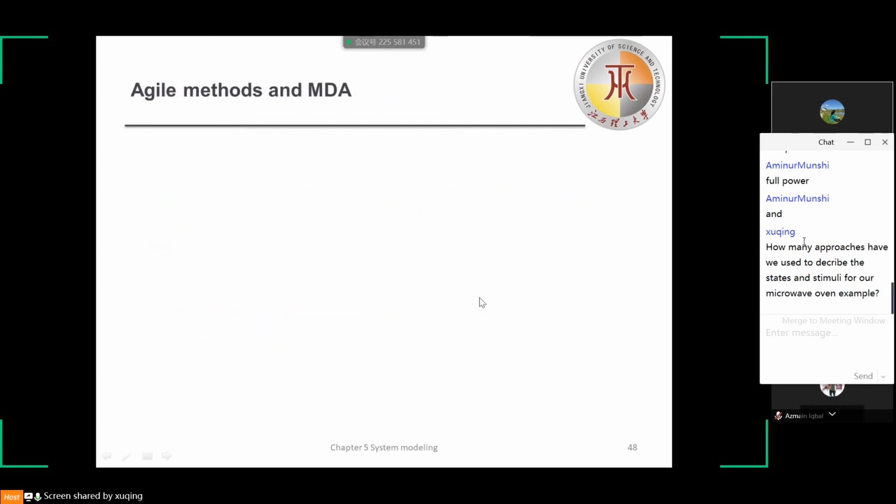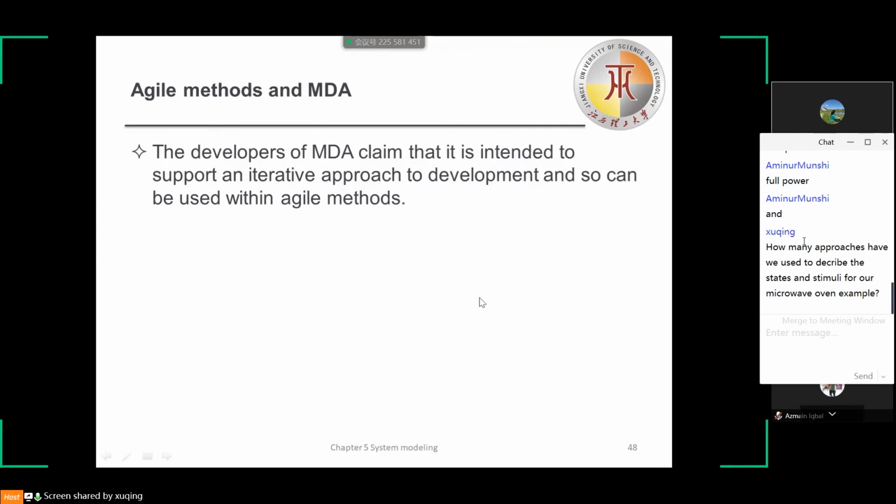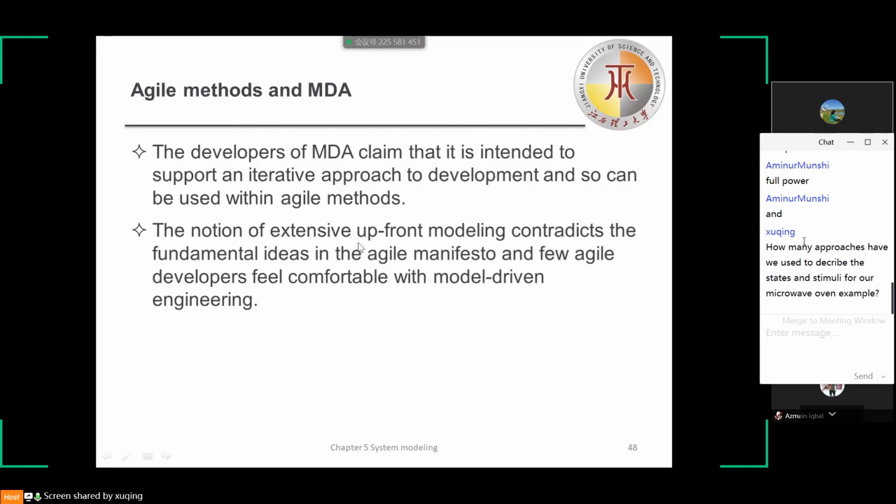Now we'll see Agile methods and model-driven architecture. In fact, the relationship between Agile methods and model-driven architecture is not easy. The developers of model-driven architecture claim that it is intended to support an iterative approach to development and so can be used within Agile methods. The notion of extensive upfront modeling contradicts the fundamental ideas in the Agile manifesto, and new Agile developers feel